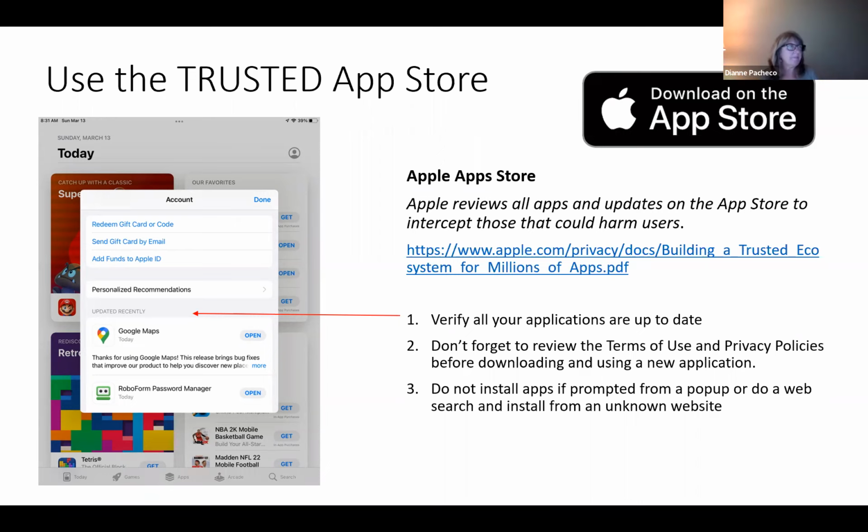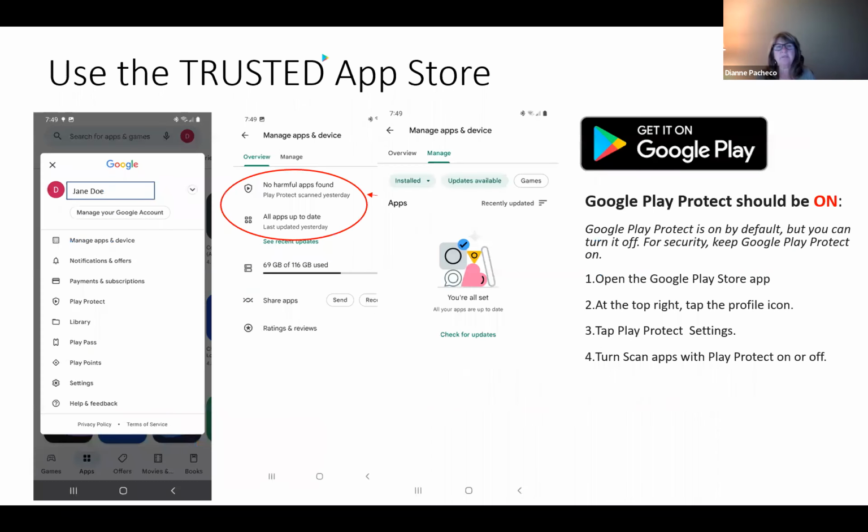One of the things that you want to be careful of with apps is if you're visiting a website and you get a pop-up to install an application, you never want to install an application from a pop-up like that. That's a common way where malware gets planted on your devices. If there's an application that you need, you should always go to the App Store and download the trusted and reliable version of the application. So that's the version of it for Apple.